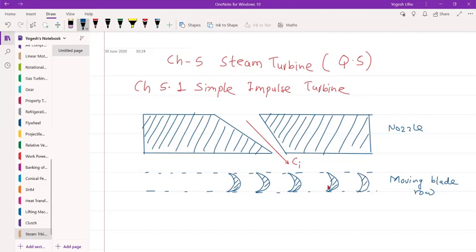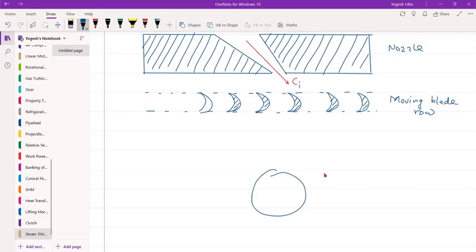Okay, good. Actually this is only schematic, guys. This moving blade row means, actually, these rows are on one rotor. This is our rotor, and on that rotor these are the blades like this. Jagdish sir, are you getting my point? Yes, sir. This is the story, but for simplicity we are showing it as a moving blade row.